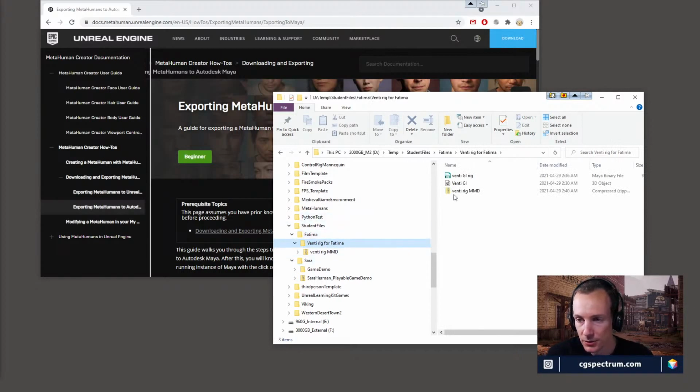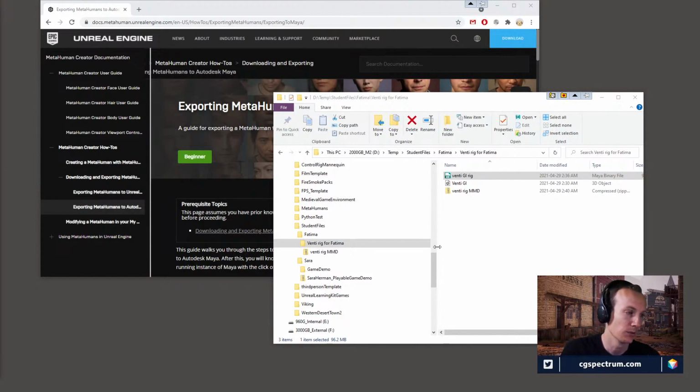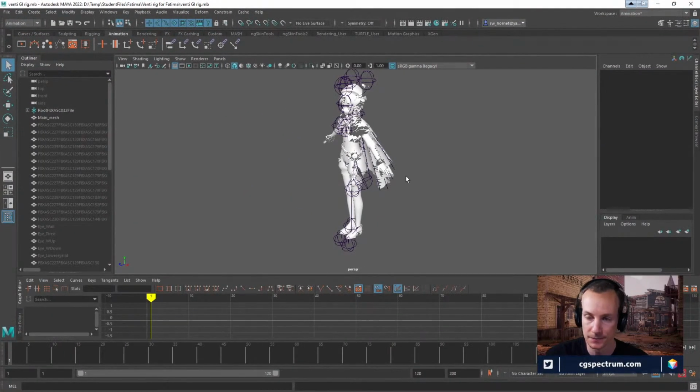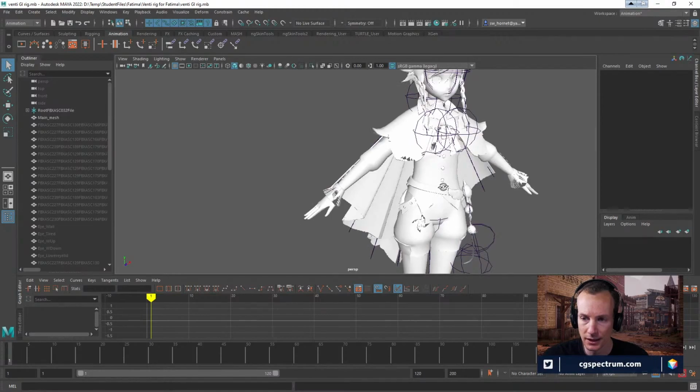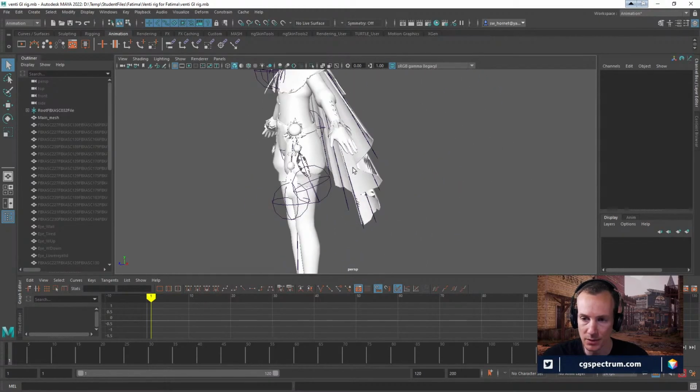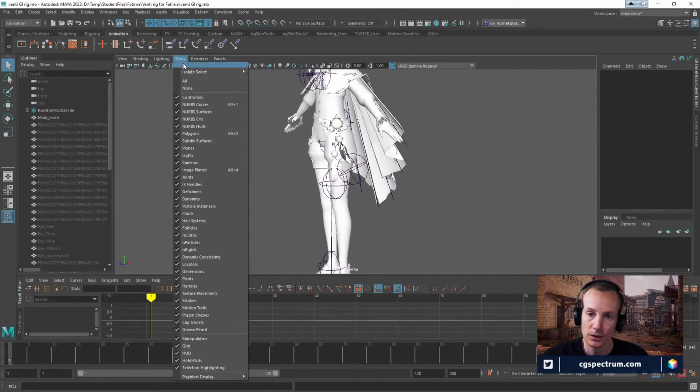thing that we're going to do is we have a CGI rig that Fatima's uploaded, asking how exactly are you going to ever rig this piece. The problem is that it's an FBX file that has a skeleton and it does not have an animation rig on it. So